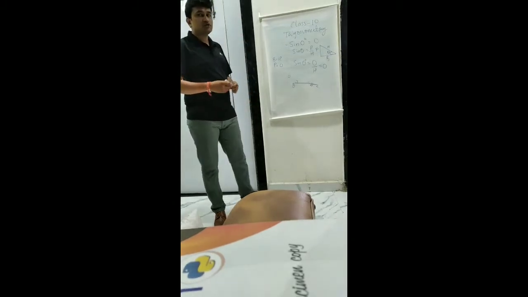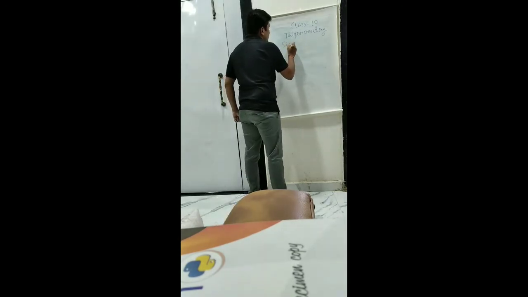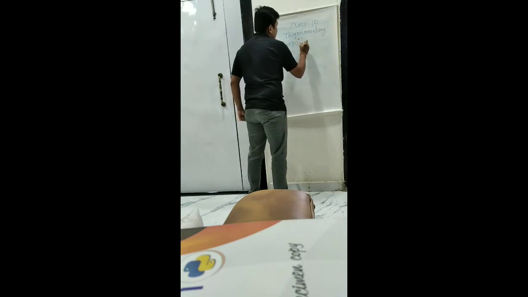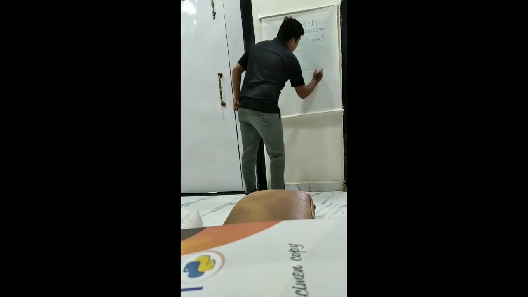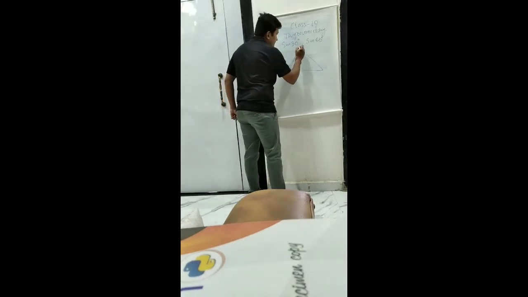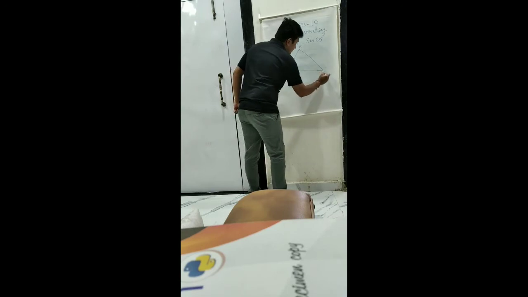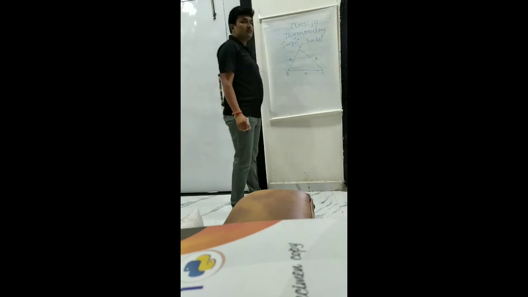Now next, I am going to show you the values of sine 30 degree and sine 60 degree. For this I am going to consider first of all one equilateral triangle. As we know, in an equilateral triangle all three sides are of the same length. So if in this equilateral triangle ABC, AB equals x, then BC is also equal to x, and this AC is also equal to x.